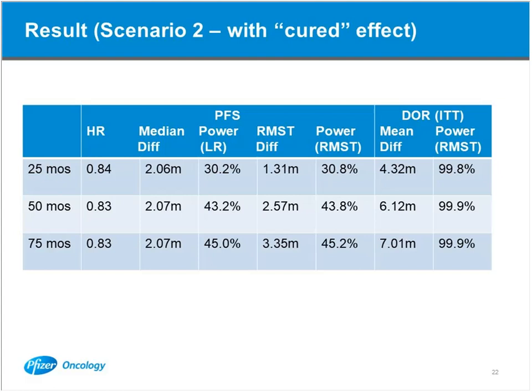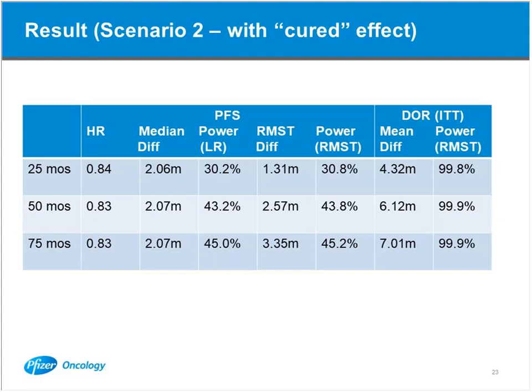If you look at scenario 2, there's a long-term treatment benefit with cured effect. It's a similar story. Hazard ratio and medians for PFS do not change with longer follow-up, and powers are low, more than 45% for the log-rank test. However, if you look at the RMST difference of PFS, the mean difference of duration response,